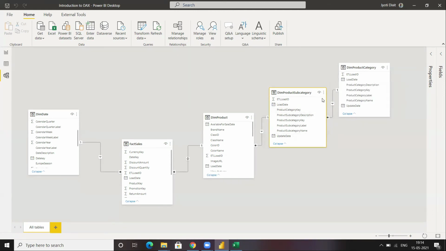That is why this is on the many side of the relationship. Now if I talk about this, say, just a sec, where is it, this, then I can see that a one to many relationship exists between dim product subcategory and the dim product table.